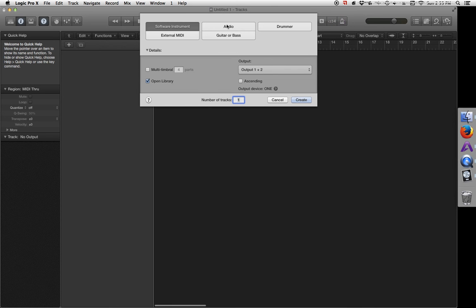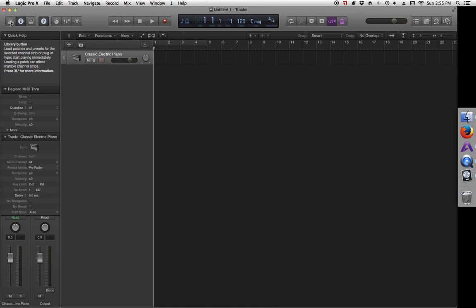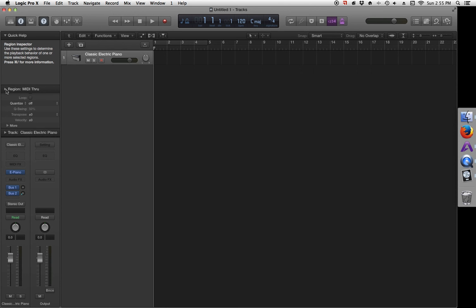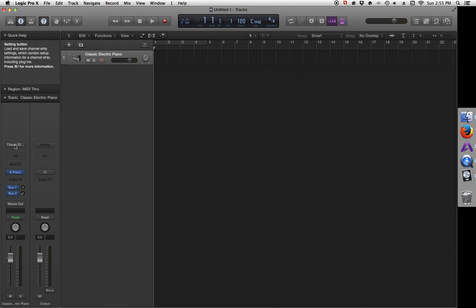Okay, this is going to pop down. You don't want to do audio. You want to do software instrument. Okay, and to find the retro synth that we were just using, you want to minimize this. You want to make that smaller so you can see the channel strips. And what they've done is they've already pre-selected this classic electric piano. We don't want that. So you go right here and you left click on it, and you reset the channel strip. It's going to gray everything out,